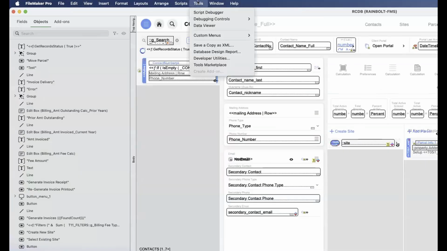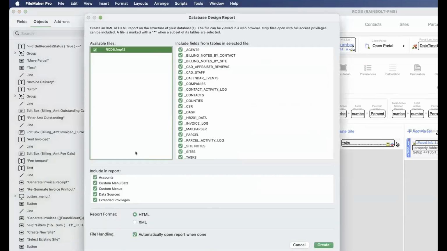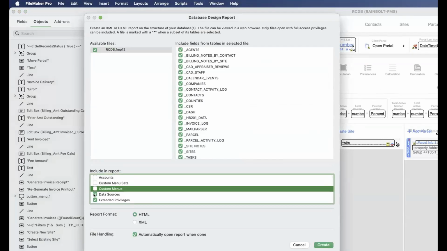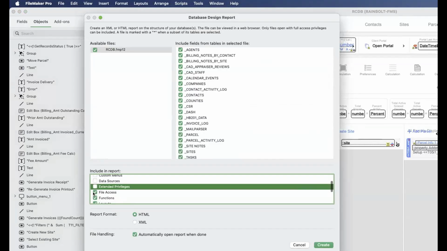And I'm going to generate the DDR in XML, but we're not going to send all of those things, because the file will be too big.